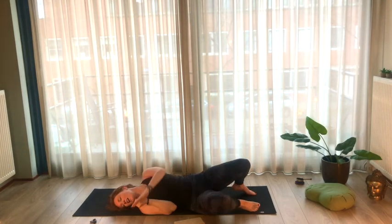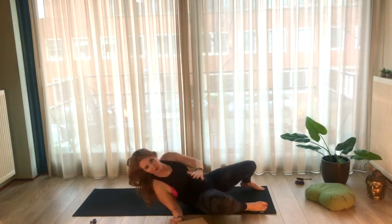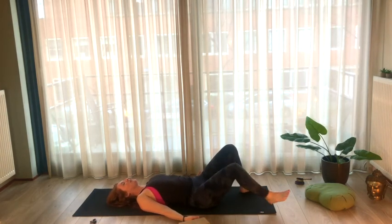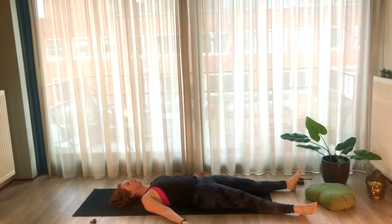So roll via your side if you want to grab a blanket, want to put a sweater on. If you're fine, you're warm enough, slowly start to lengthen the legs out. Get your hands, palms facing up. And when you're down,